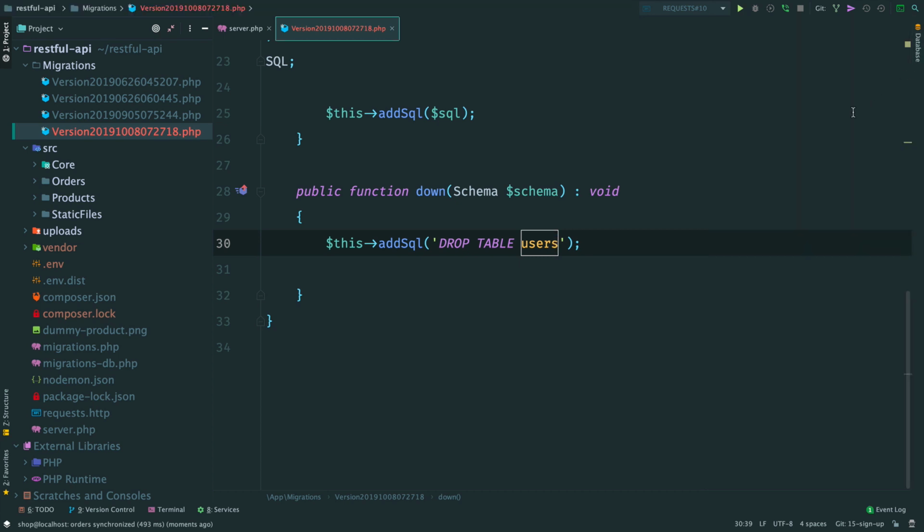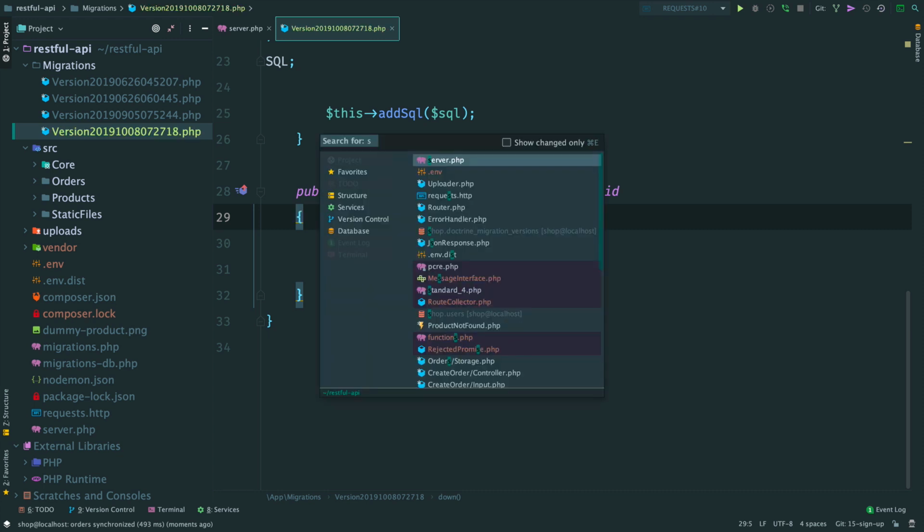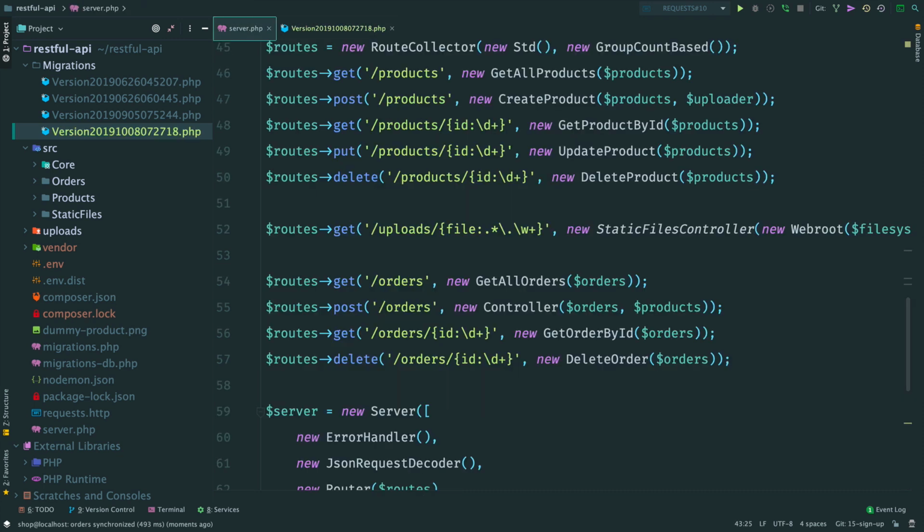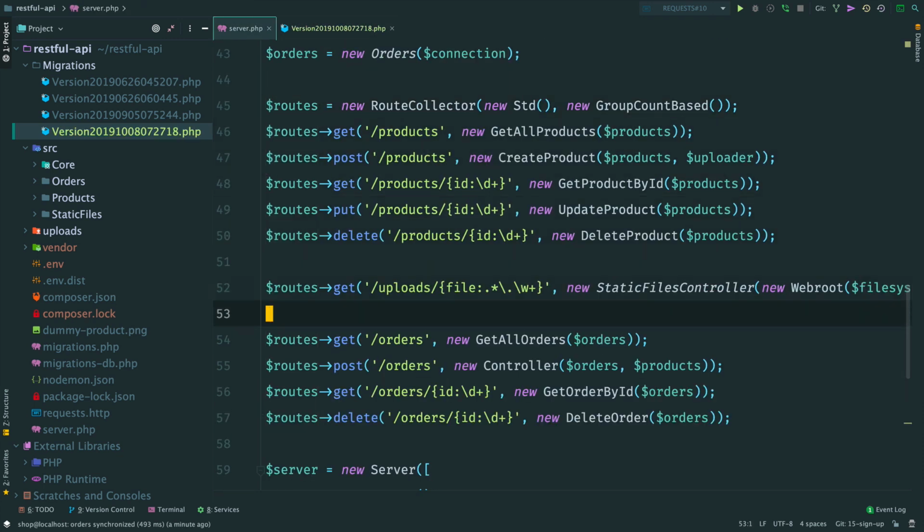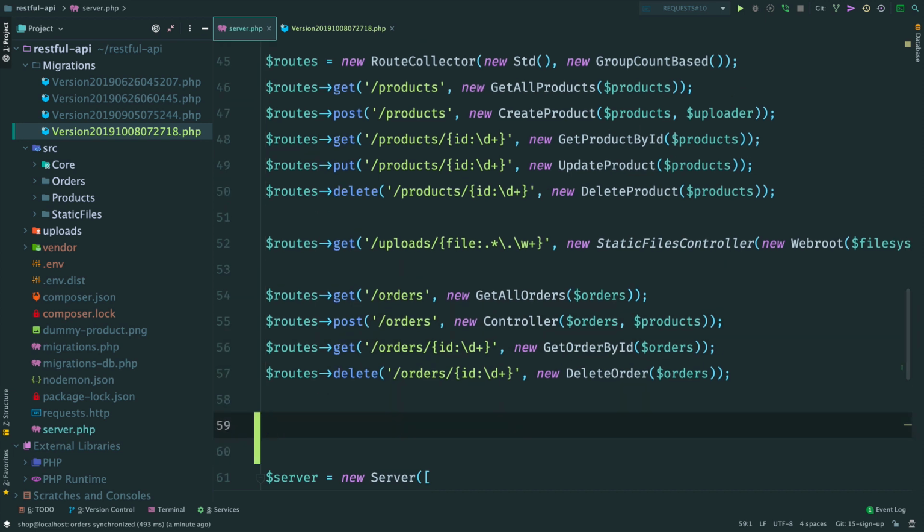So this is how a user should look. Then we need routes for a user. For now, I want two routes, sign up and sign in. What about logout? Since our server is stateless and we don't store information about the user on the server, we can't log the user out. There is nothing to delete. There is no session to clear. So we don't need a logout route.